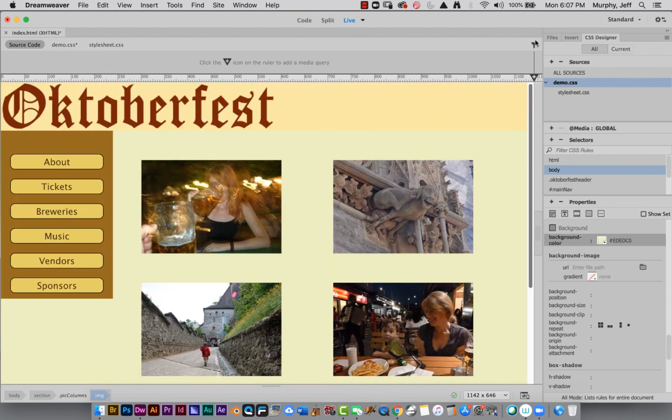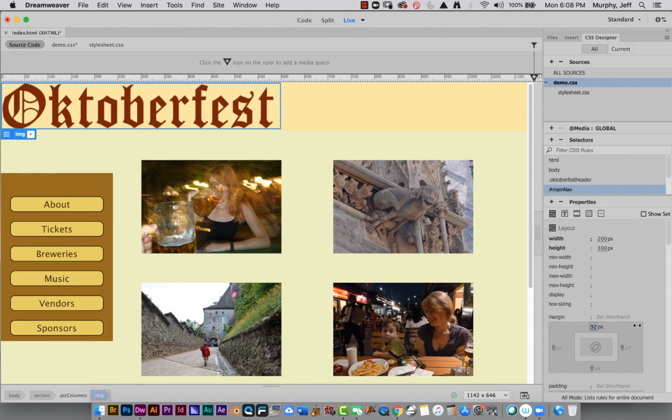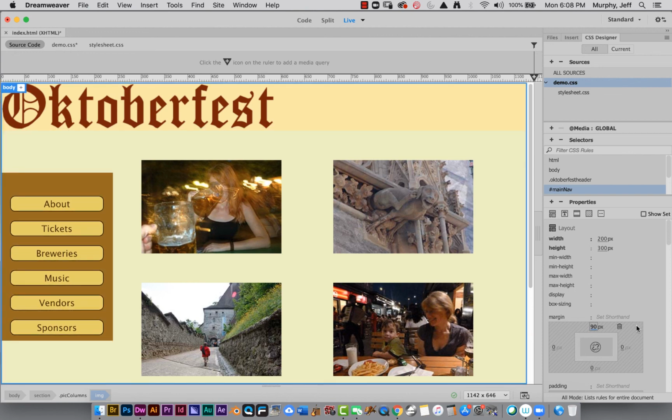I'll turn it back on for this next section, but I'm gonna go ahead and pause this video after I do one last thing, and that is take the main nav and modify that just a hair. I'm going to give it some more margin at the top because, again, when I took it out of the normal stacking order, well, I just need to move it down. So let's go here and make sure that's not block. So let's put it somewhere around there. Let's do just 90. It's nice and roundish. Okay,